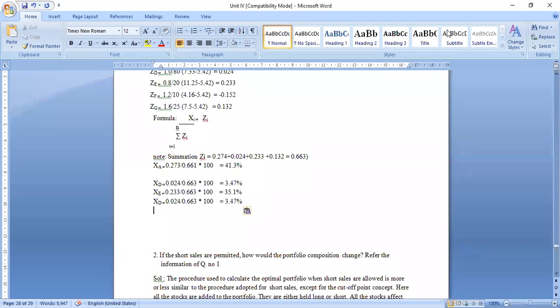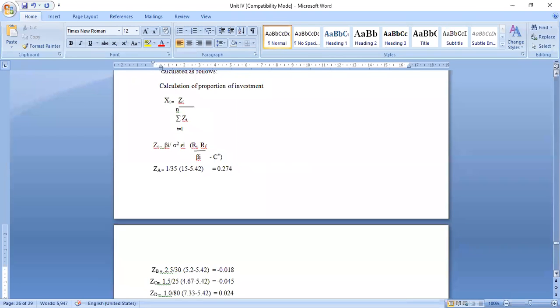The ZD value should be 0.069. Okay, I'll just check. So you need to connect back once the meeting has ended here. For security D, it has to be 0.069.